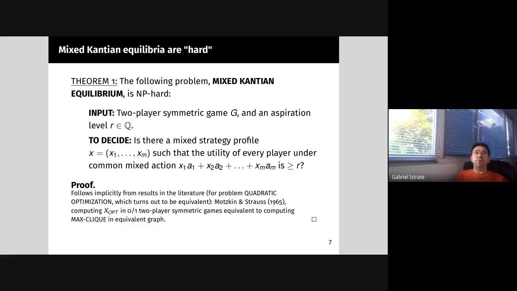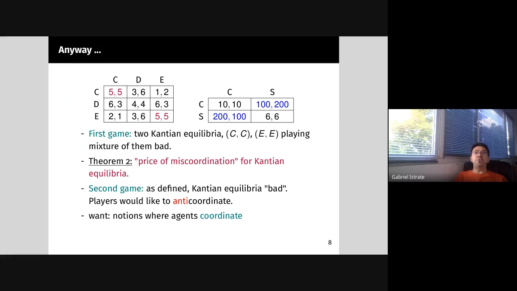Now, to be really honest, there isn't much of a proof. It follows implicitly from results studied for a different problem in the literature. I was able to connect the mixed Kantian equilibrium problem to a previously studied problem called quadratic optimization. And Motzkin and Strauss have shown that if you take two-player symmetric games with 0-1 payoffs, which naturally correspond to graphs, then computing what would be called for us a mixed Kantian equilibrium is equivalent to computing a max clique in the equivalent graph, and of course that is intractable. So in a certain sense, mixed Kantian equilibria already fail the tractability constraint that we wanted to impose on implementable notions. And there are other issues dealing with